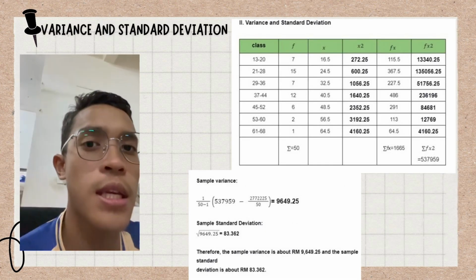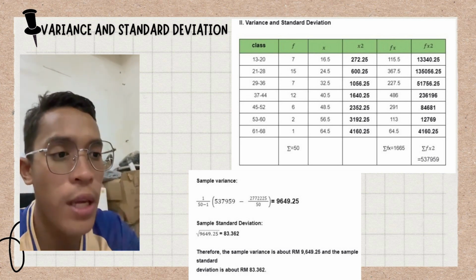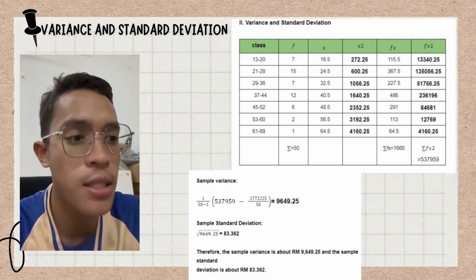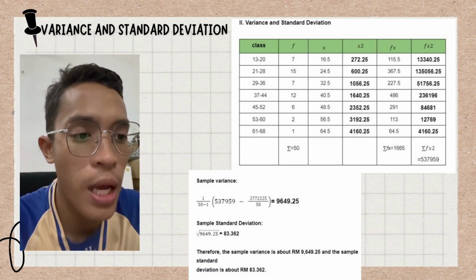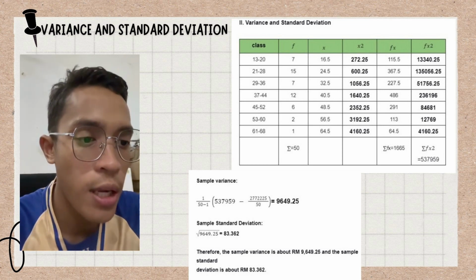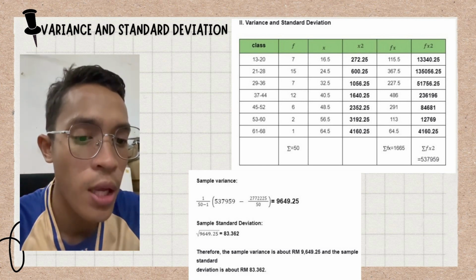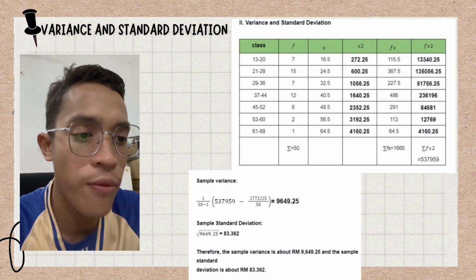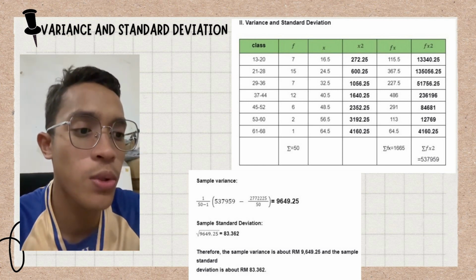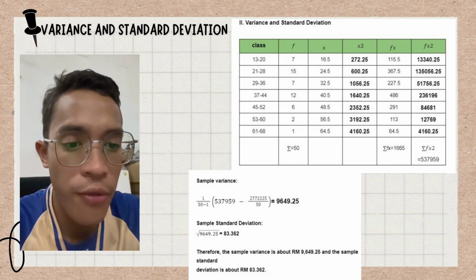Next, the topic is variance and standard deviation. Sample variance is 1 per 50 minus 1, in parentheses, the amount taken from fx2, which is 2537959 subtracted by 277225 per 50, to get 9649.25. The sample standard deviation